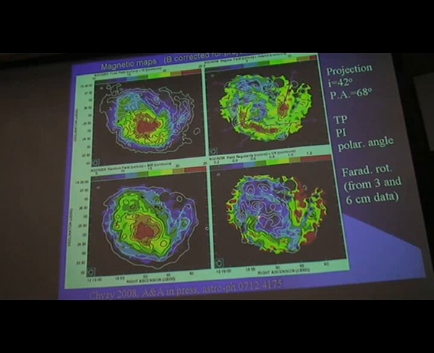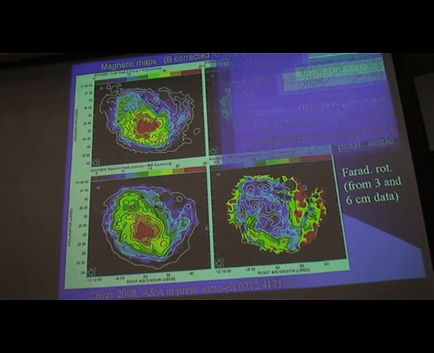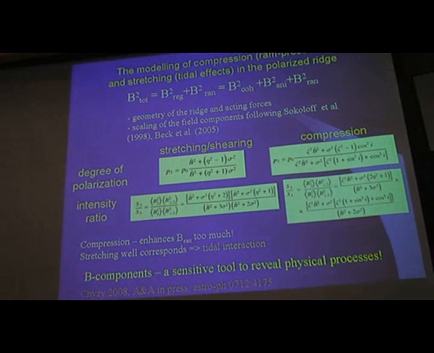These fields are best visible, in fact, in this map, which is the field regularity, so it's the ratio of regular to random field, so it's over here. I tried to analytically model the effect of compression and stretching on different magnetic field components, taking into account the geometry of the ridge and the direction of the possible active forces due to compression and stretching, and following